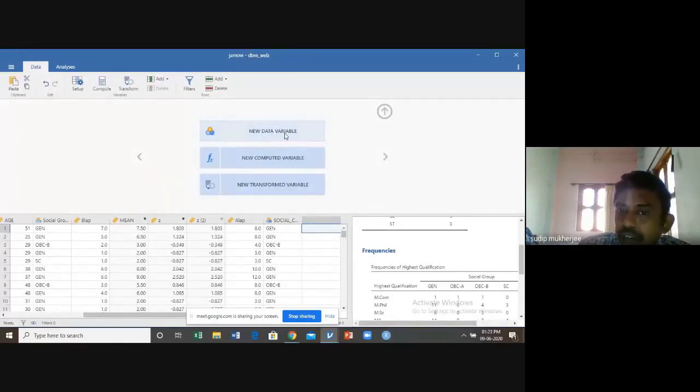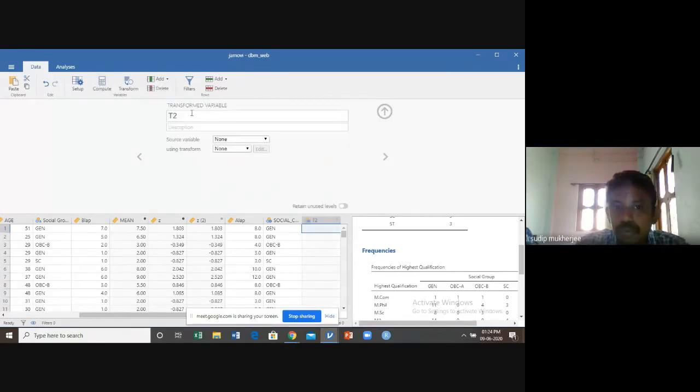Now you just click on here. There is another option. You can see this type of commands: new data variable, new computed variable, new transform variable. So you can start directly from this menu option, or you can use these also. So, new transform variable. The variable's default name is T2. But what is the name of the variable of our interest? The name is age underscore code. How do we use the transform command?